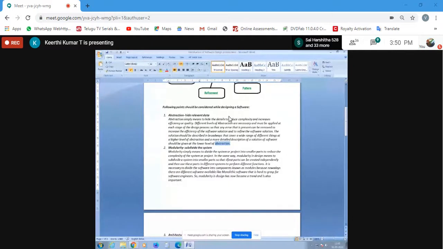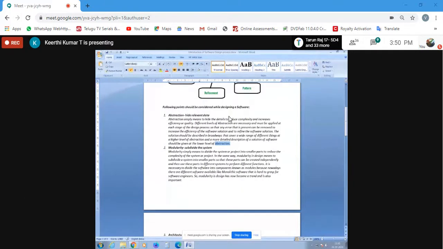Even while creating, they can divide the work into chunks, and each module can be created separately by different teams. They can assign this part to A, this part to B, this part to C, and each can have their own set of divisions.